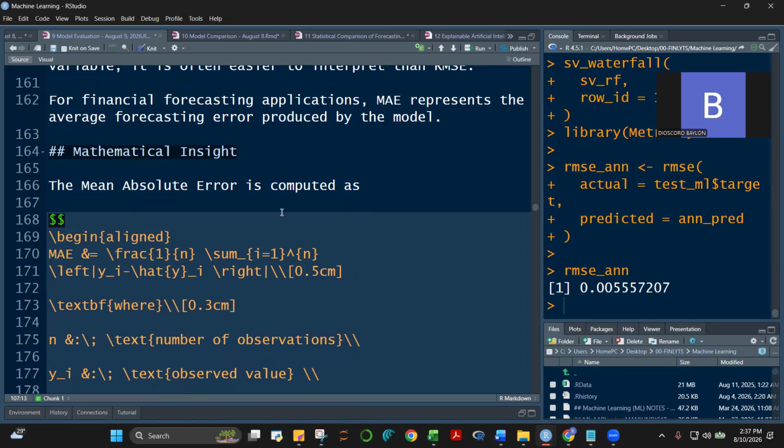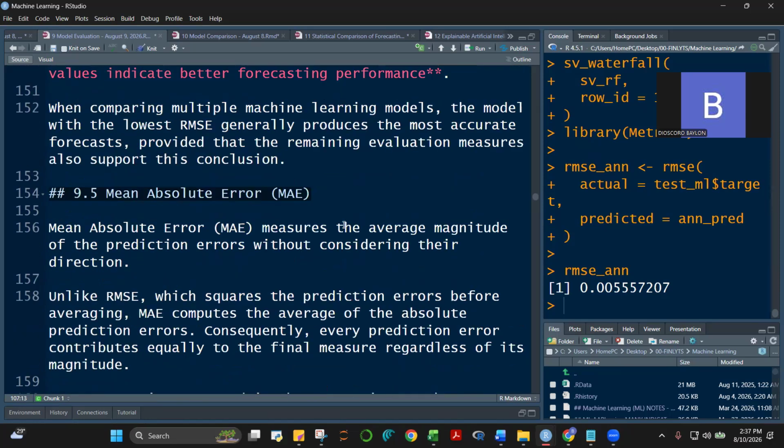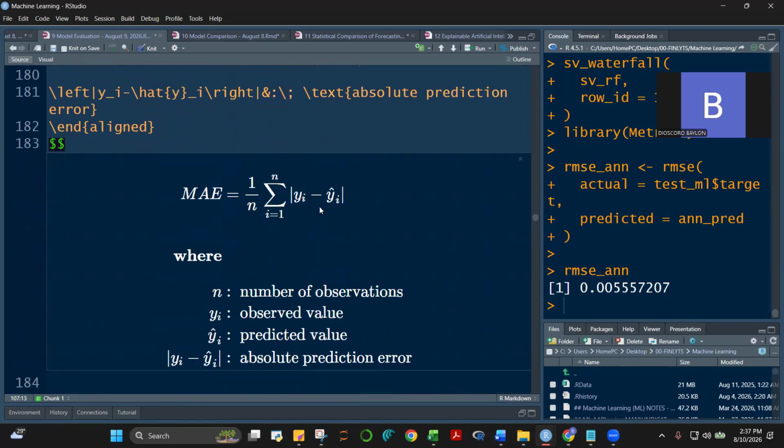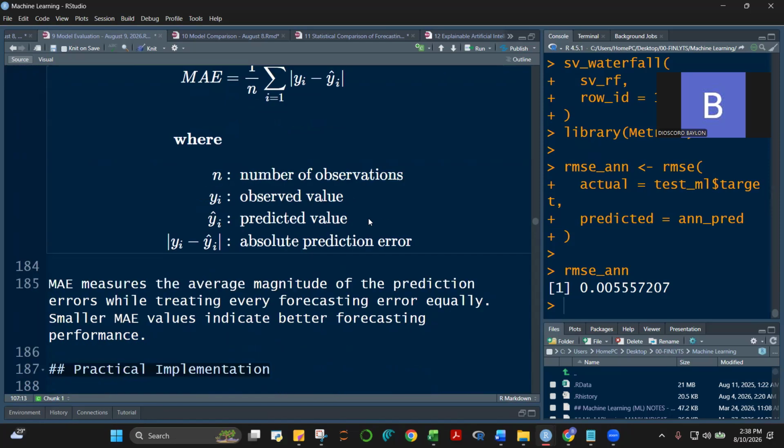And then we have also the mean absolute error here. Mean absolute error, as the name suggests, class, is very easy to show. The formula is again your error, y sub i minus y hat sub i, and then absolute. So you get the absolute value, and then get the sum. We sum up all the differences between the actual value and the predicted value, take the absolute value of that, and then get the average. That's your mean absolute error.